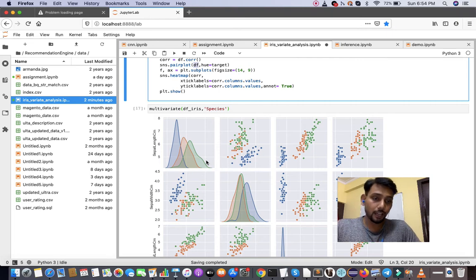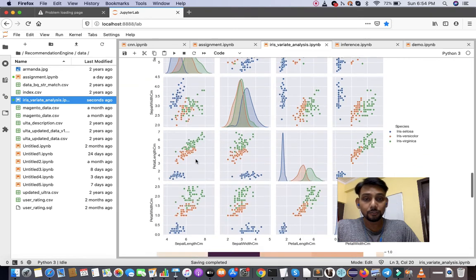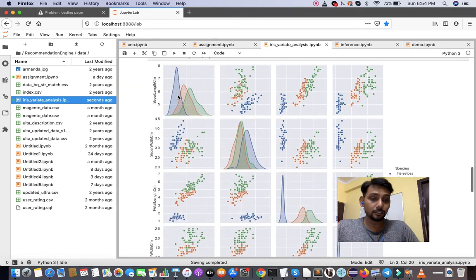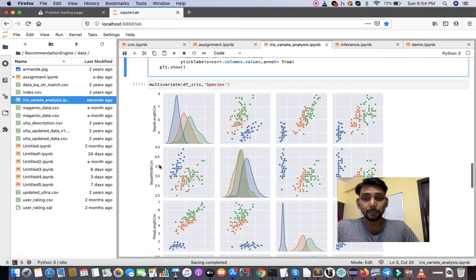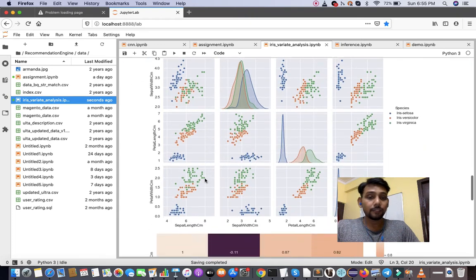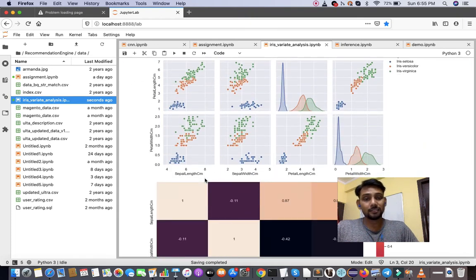It means if we have 4 features, A, B, C, D, it will plot around 16 diagrams, where every feature will be compared with every other feature. For example, in this, sepal length will be compared with sepal length itself, then sepal width, then petal length, then petal width, and we'll try to find the pattern.